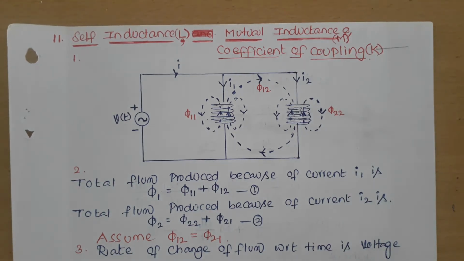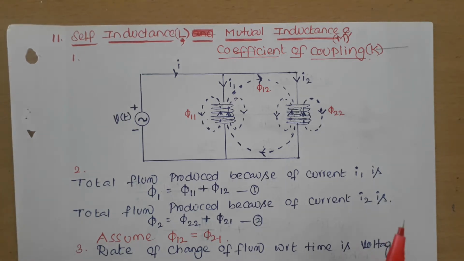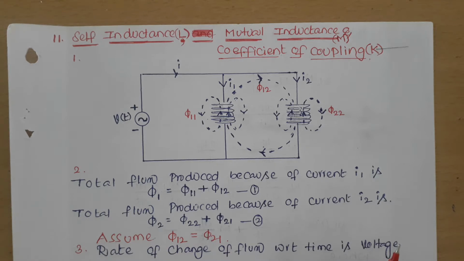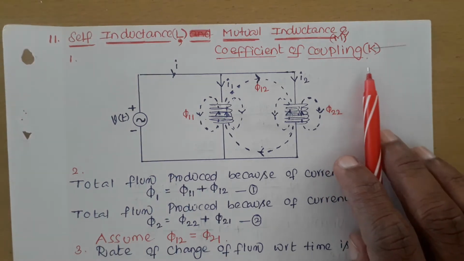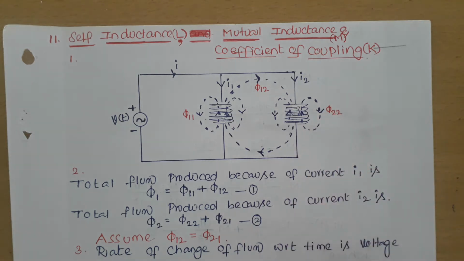Self-inductance, mutual inductance and coefficient of coupling. Self-inductance is indicated with the capital L, mutual inductance with the capital M, and the coefficient of coupling K. So to understand self-inductance, mutual inductance and coefficient of coupling,